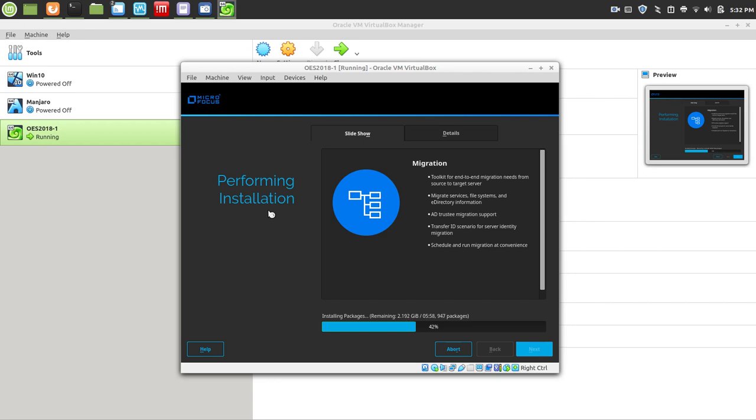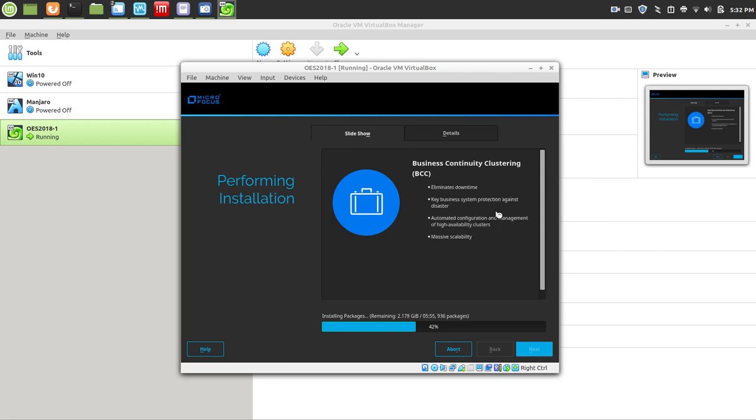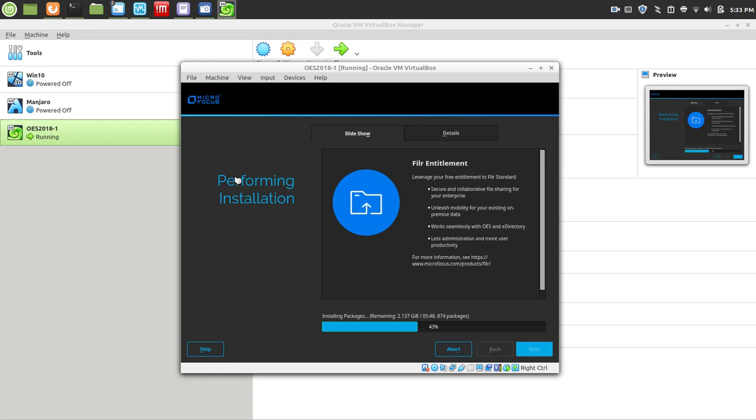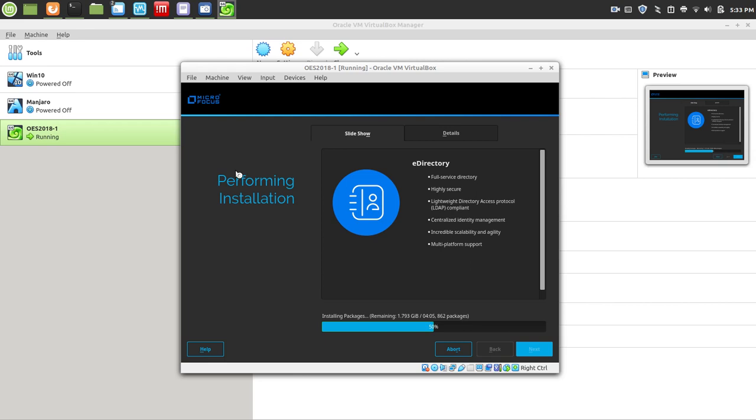Another nice feature of OES is their clustering, which they're kind of bringing up here. It comes with a 2-node cluster for free, which is good, and it depends on what you're scaling. But what I usually use the 2-node clustering for is to be able to do maintenance during normal business hours, because you can have one node active, and the passive node you could patch, reboot, then migrate your cluster resources over to the fully patched node, and then